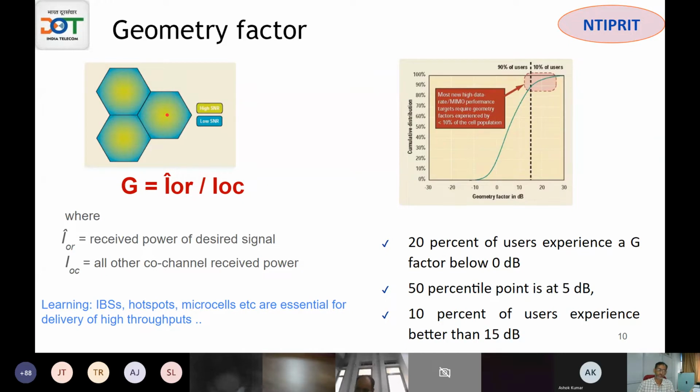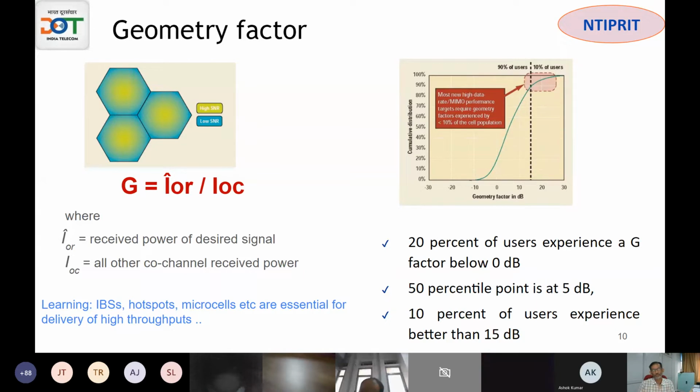This is also visible in voice, when the AMR, adaptive multi-rate, was introduced. There the AMR half rate, which is not compromising on the quality of the voice, actually works better when the quality is very good. So a better optimized network will carry a lot of AMR HR traffic. This can be seen even in our 2G kind of a network, where an operator, if he is optimizing the network very well, will be able to drive a lot of half rate AMR traffic.